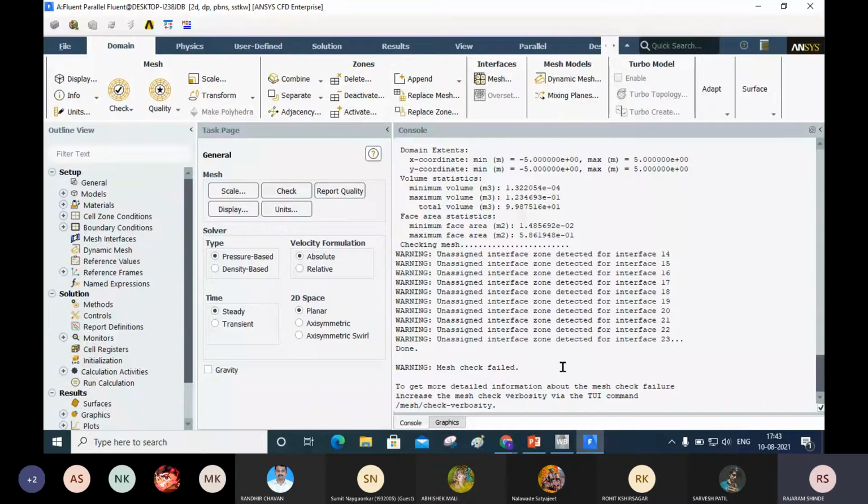Okay, and these things have been created intentionally because we need to pair up these things in a solver, so you can get the interpolation across the interface. Okay, and this will allow you to rotate the fluid or rotate the domain.